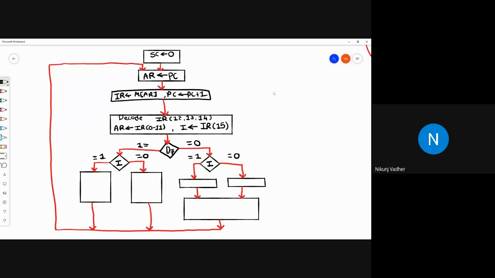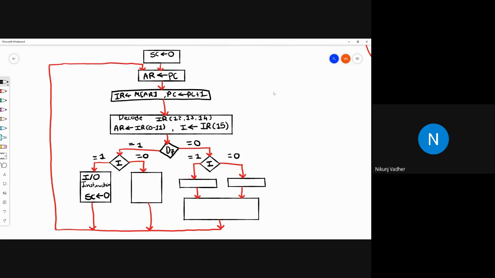If D7 equals 1, and value of I is 1, that means it is an input output IO instruction. After executing the instruction, it will set sequence counter to 0.